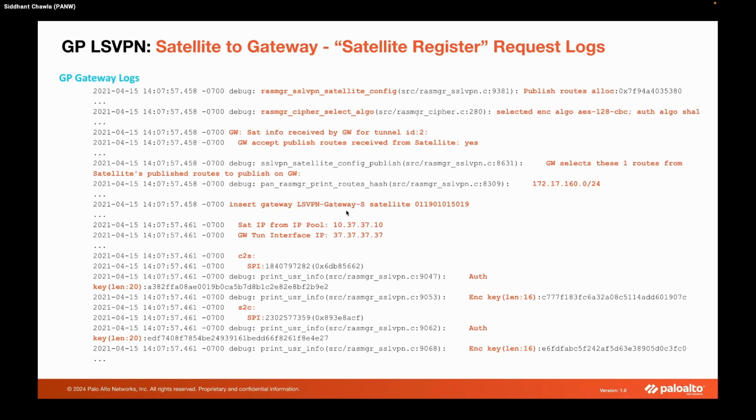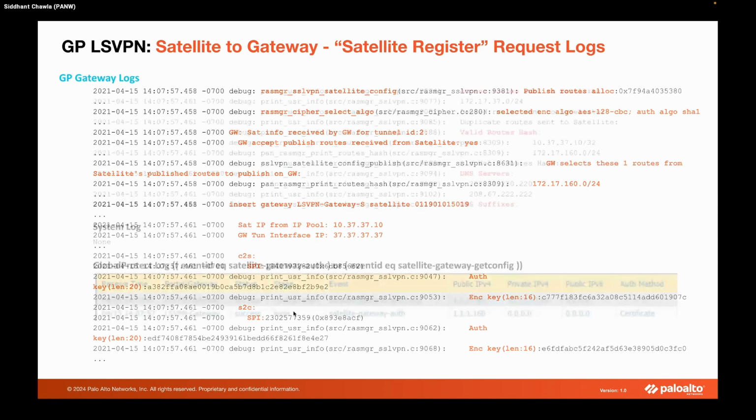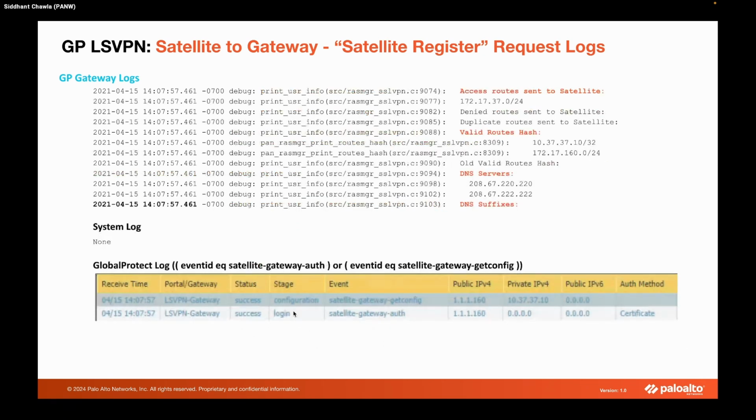Inside, LSVPN gateway, satellite and the serial number of the satellite, IP pool, the tunnel interface IP. You can see SPIs as well, the client to server SPI and the server to client SPI. Under the GP gateway logs you can see these logs. In the system logs, you might not see much. And for the GlobalProtect log under the Monitor tab,